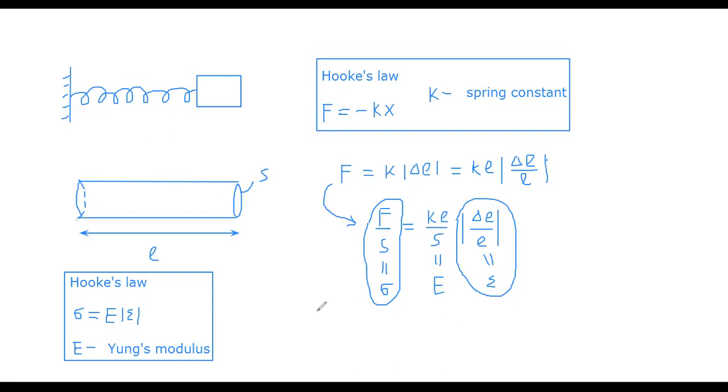So we can also write this. Sigma is equal to F divided by S, and epsilon,